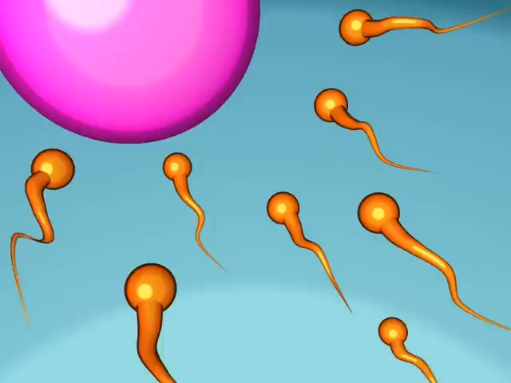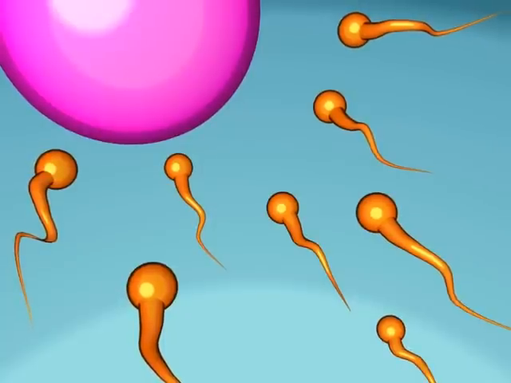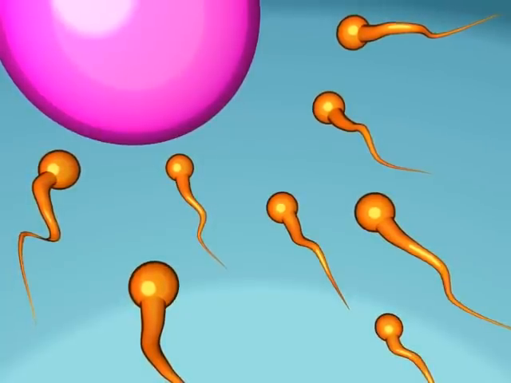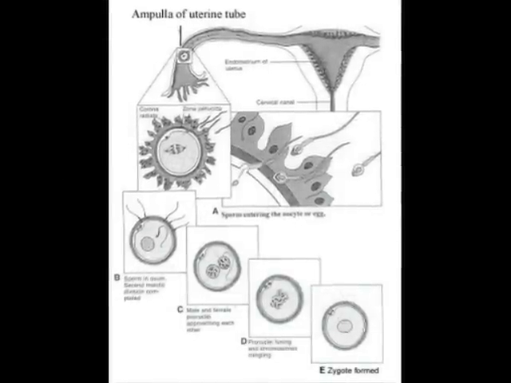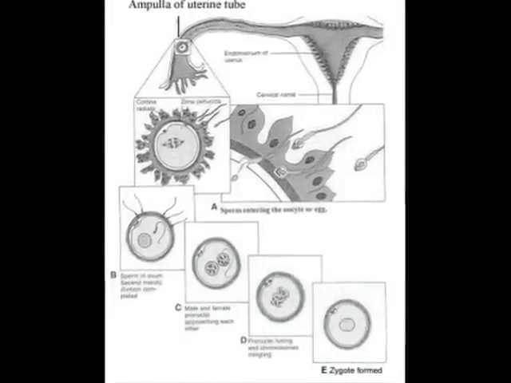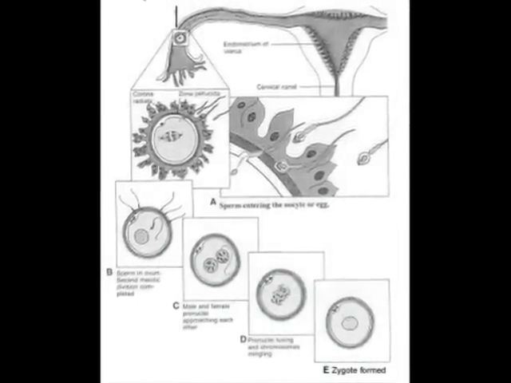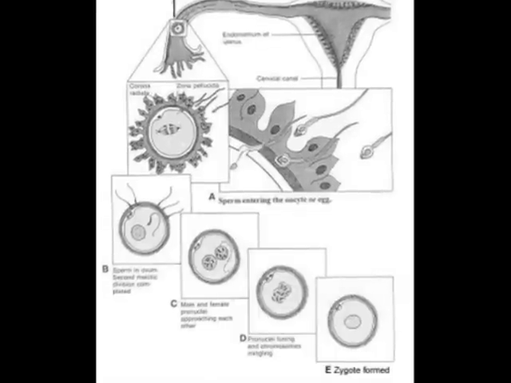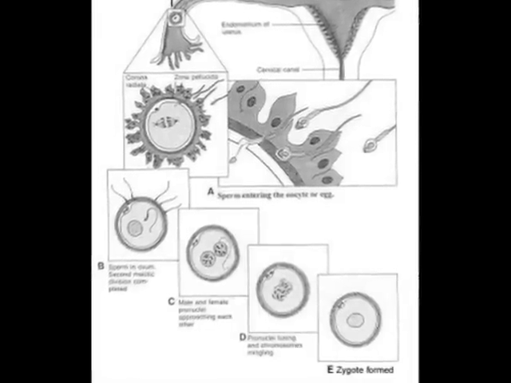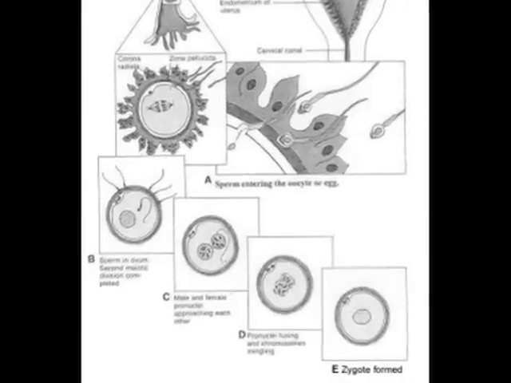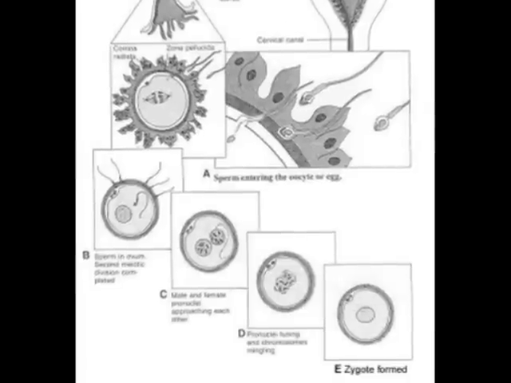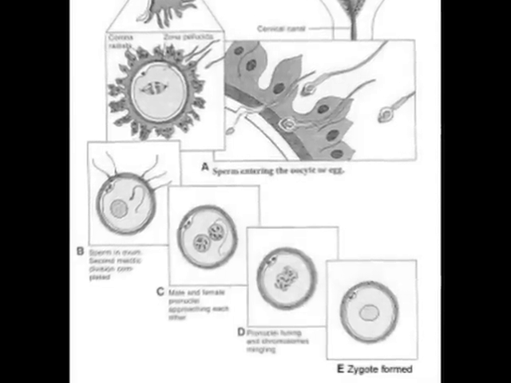When both egg and sperm meet and the sperm fertilizes the egg, this is known as fertilization. In this slide, we can see how a sperm cell or male gamete travels up the fallopian tube. Once the female gamete or egg is fertilized, a series of chemical reactions occur and turn the fertilized egg into a zygote. The zygote continues reproducing asexually through mitosis.